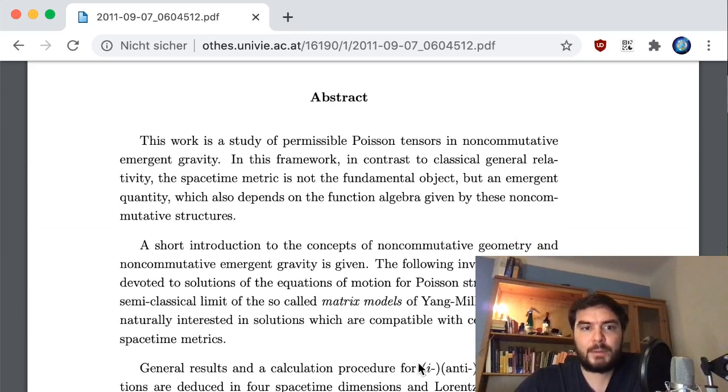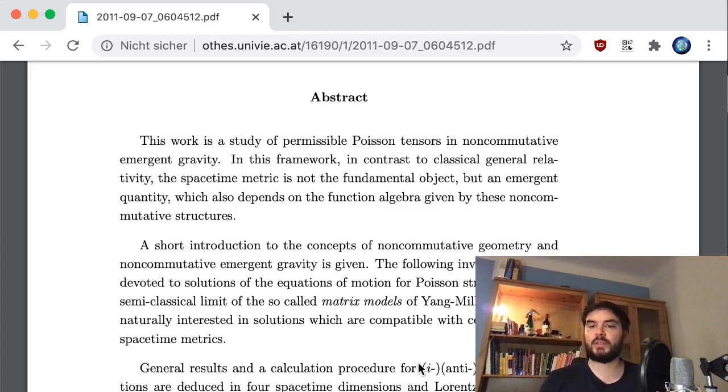Should I read the abstract? I mean, I already described sort of what it is coarsely about, but I guess it might not be too bad. Okay, so this work is a study of permissible Poisson tensors in non-commutative emergent gravity. And by the way, there are several emergent gravities. This is like the concept of getting Einstein gravity out of some other formalism does not only apply to matrix models or quantum field theory in this sense that I work in here. So there's also, for example, entropic gravity, where you say gravity really arises from